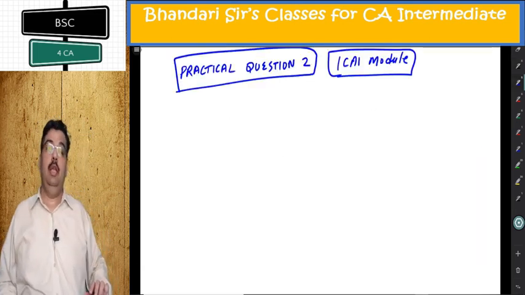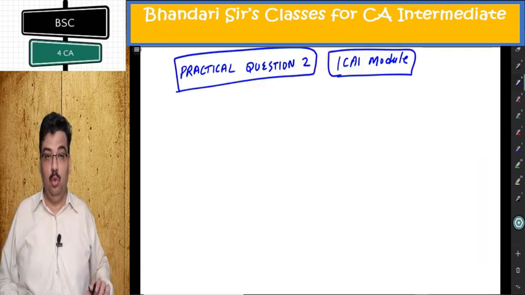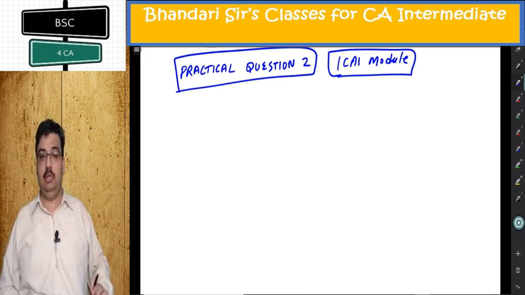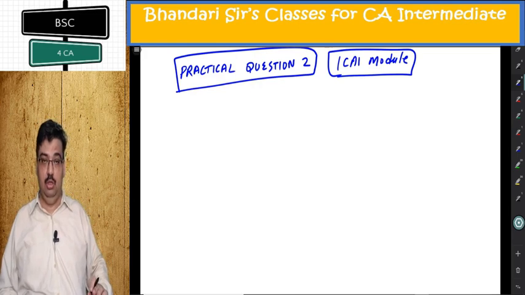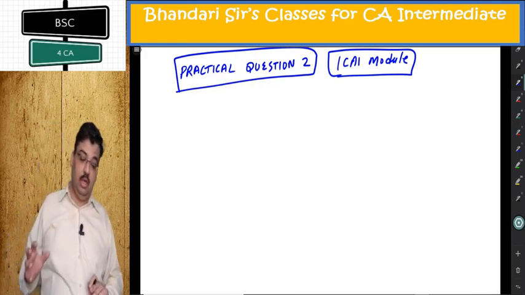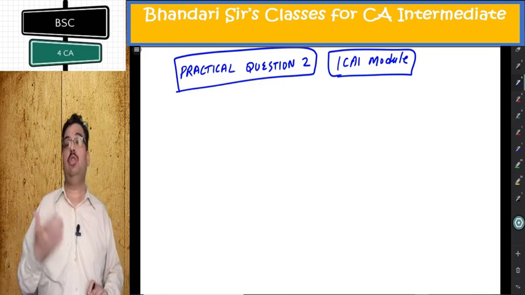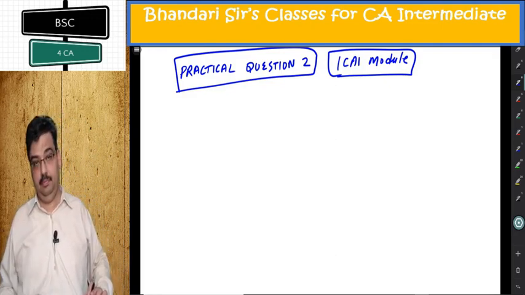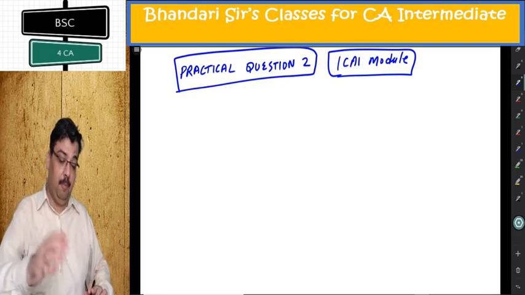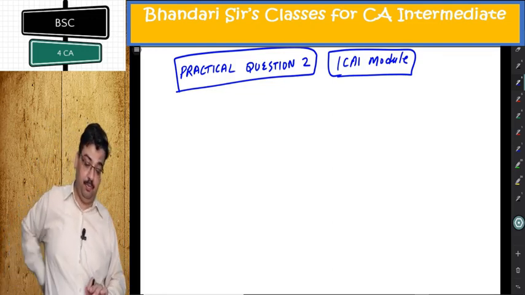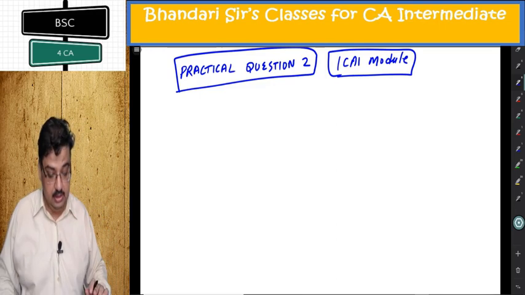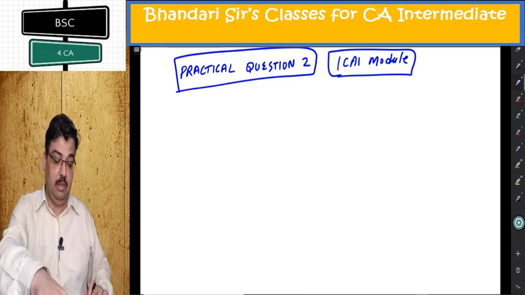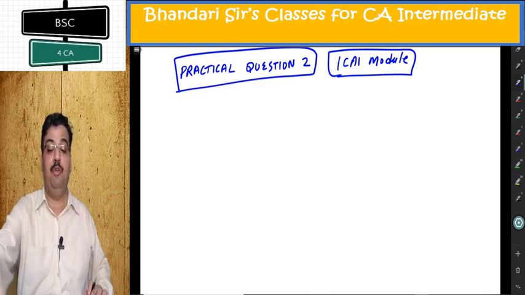Last question for the day is practical question number 2 out of the ICI module. It's not exactly on passenger costing. It's a totally different question. The question gives you 3 different options and you have to select the option which will give the lowest cost to the company. The company is considering 3 alternative proposals for conveyance facilities of its sales personnel who have to do considerable traveling, approximately 20,000 kilometers every year.